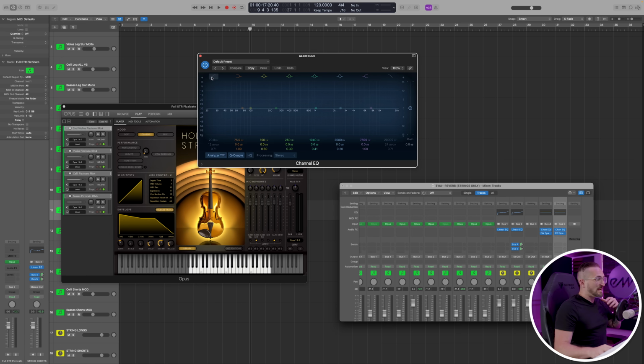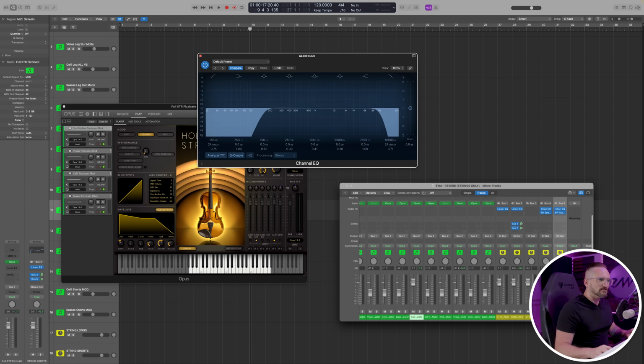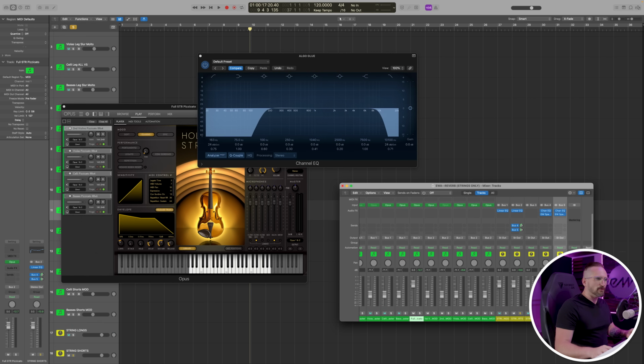Now, I do still like having a low cut and a high cut, but I'm going to back the low cut down to maybe, let's say 160 or somewhere thereabouts. And then I do still like having the high cut at around 10K. So let's solo just the reverb by itself. This is going to make the sound very washy.